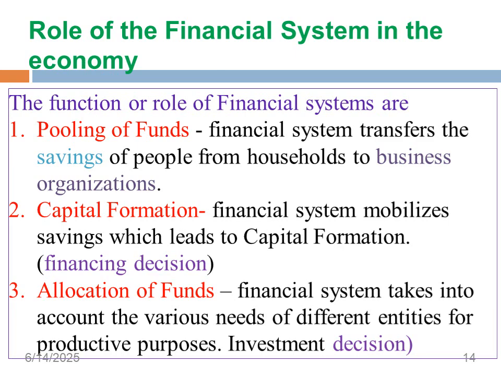The financial system gathers savings from individuals, households, businesses, and institutions, and channels them into productive use. Banks, pension funds, and mutual funds collect a small amount from many savers and combine them into a large pool, which can then be lent or invested in big projects. Example, a bank collects deposits from thousands of people and uses that money to give loans to businesses. This is how pooling of funds works.